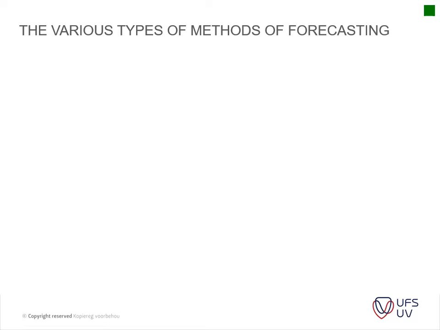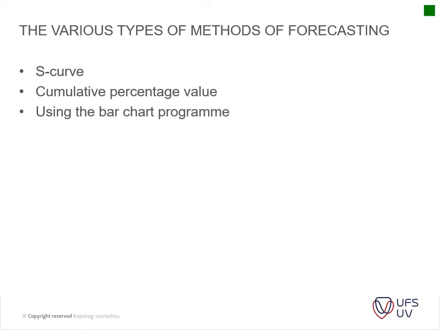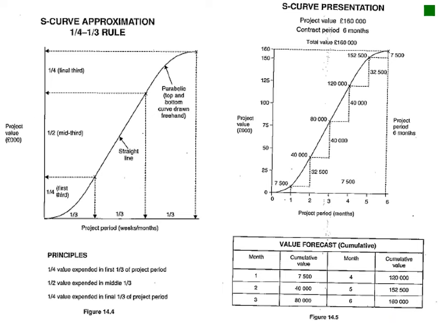The various types of methods of forecasting are the S-curve, the cumulative percentage, using the bar chart program, the good guess method, and we usually use the bar chart program because that's the most accurate and most scientific way of actually doing it. But sometimes you don't have the time to do that, so then you will sometimes use